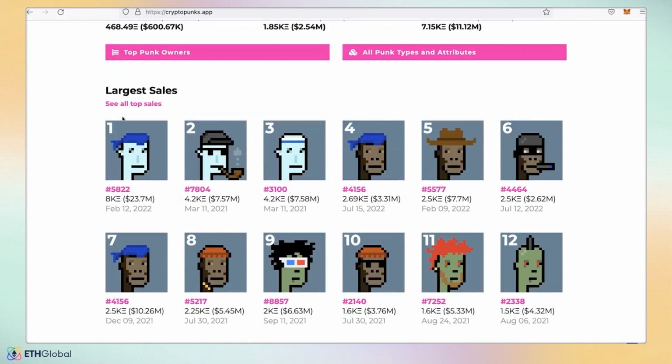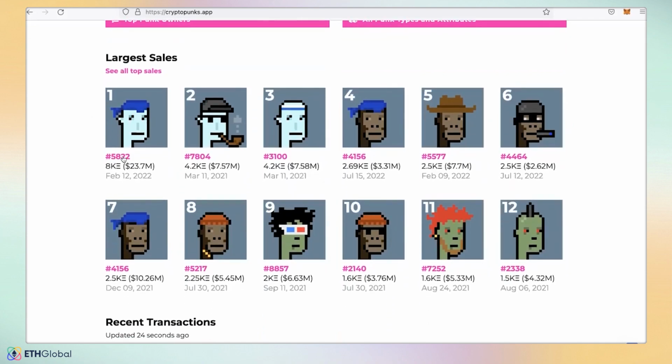Yeah, largest sale. So cool. They say the largest sale ever happened is this one, 5822, for 8,000 ETH. It's always funny for me to see people actually pay that much money for a pixel, but yeah, that's how it is. Now we could try to reproduce this one,